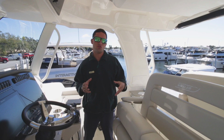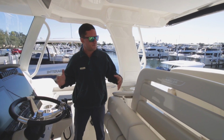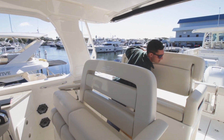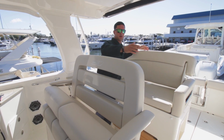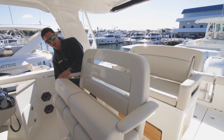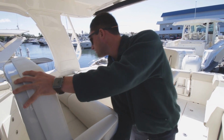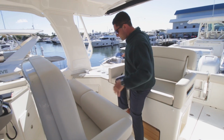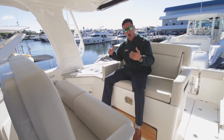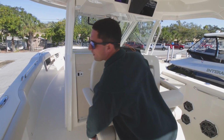So now I'm standing in social zone number 2, and I like to think of it as the most innovative social zone on the boat. So this rearward facing seat that we saw earlier is going to transition forward into a double row helm seating. And get this, the actual helm seat is also going to swivel to face the other one. So now what we've created is a nice dining area, conversation area, with the option to also put a table in right underneath me. So I'm going to swivel this seat up forward here,